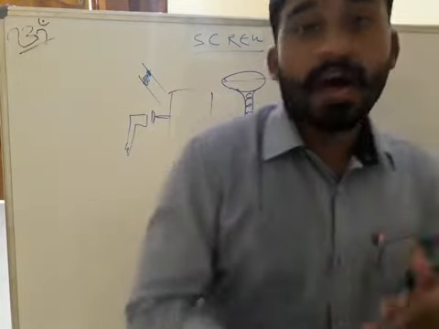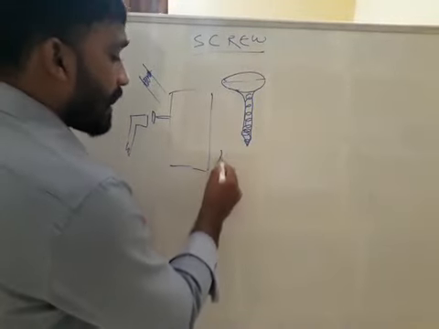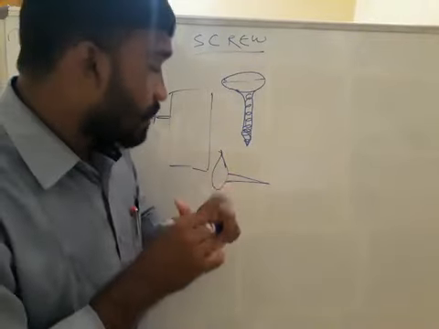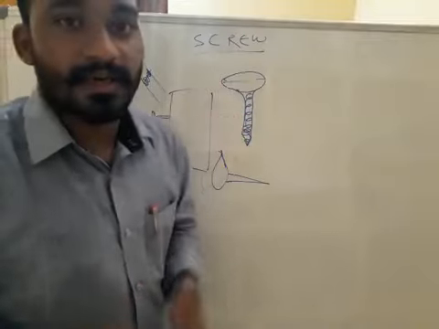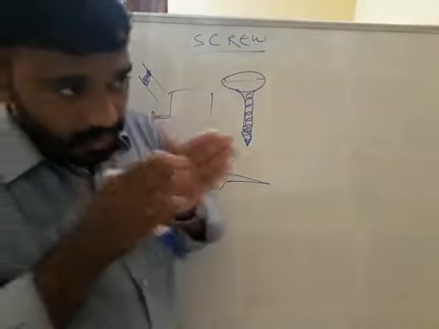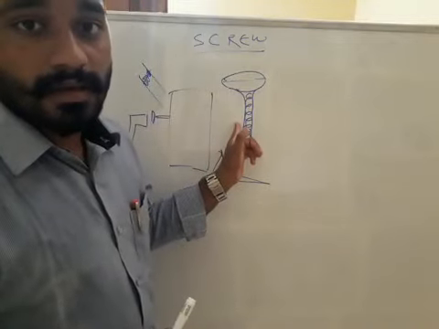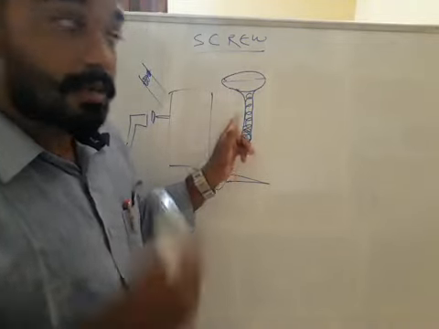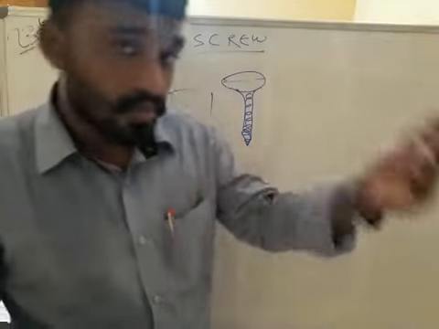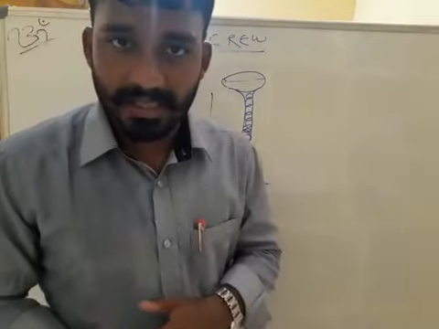Clear? And how is it different from nails? The screw is different from the nail. A nail has an inclined plane structure with a smooth surface, but in a screw, spiral grooves are there, whereas in a nail only an inclined plane is there. You can hammer a nail, but you cannot hammer a screw. With a screwdriver you can enter the screw in a wall or wood, but a nail you only hammer.